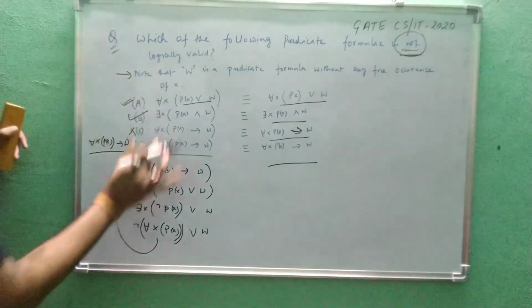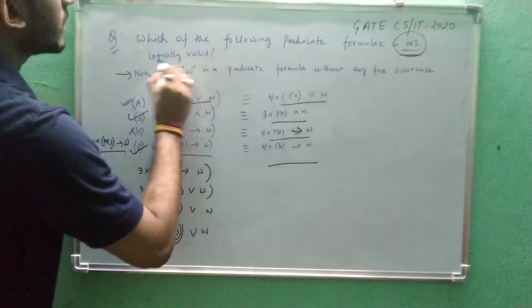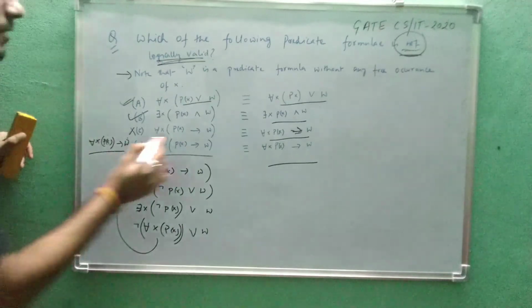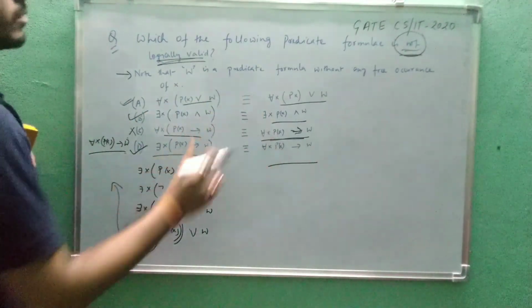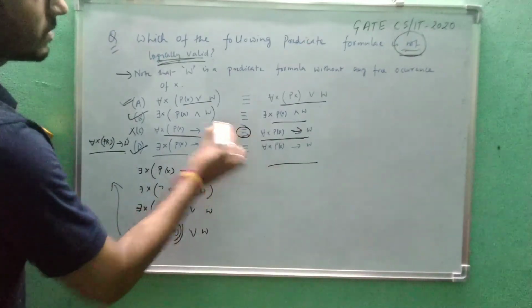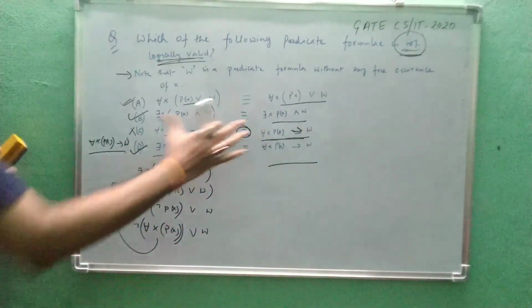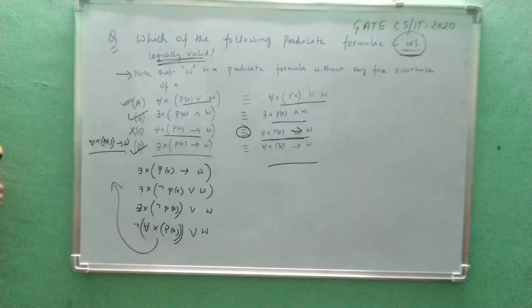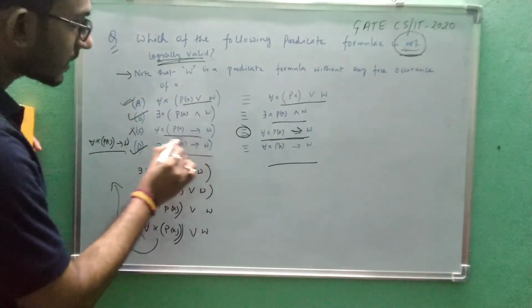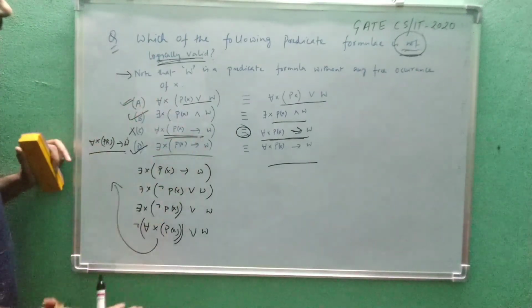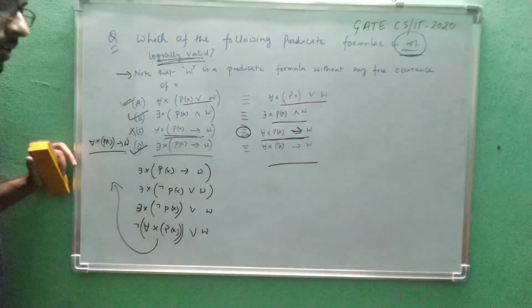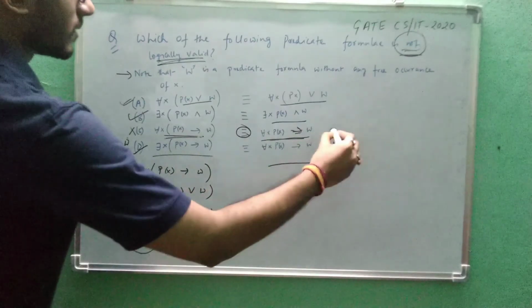So our answer is, it is asked which is not logically valid. It is logically valid when both the left hand side and right hand side are equivalent. Equivalent says that both have to be true or both have to be false. Fine. So by considering this as true, we have tried to solve it. If this is true, this has to be true. So this is the answer.